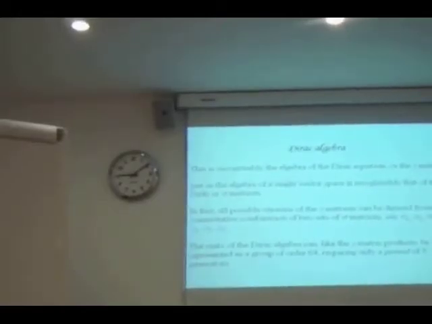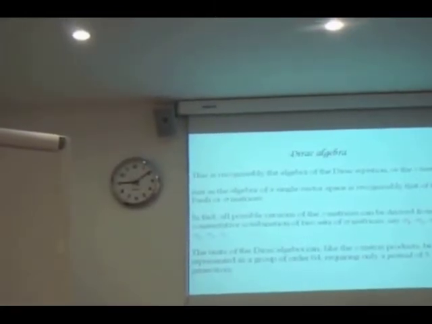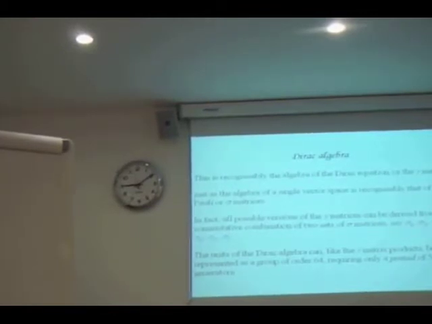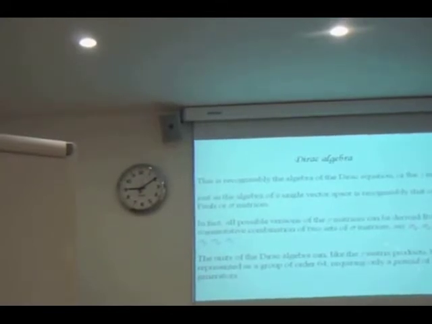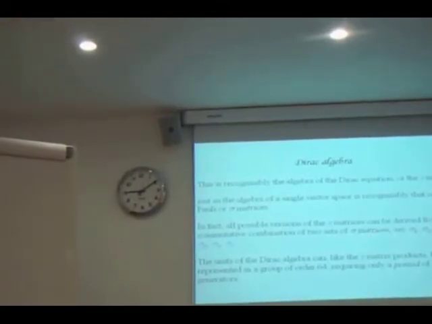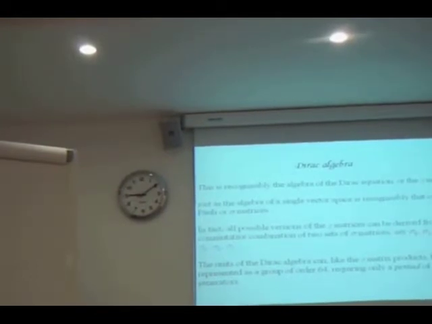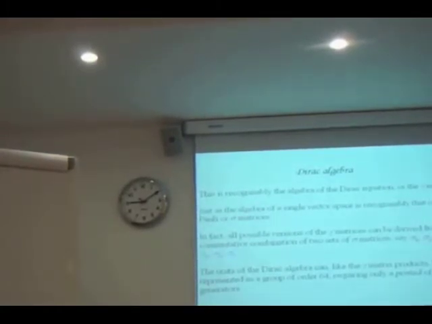Recognizable as the algebra of the Dirac equation or the gamma matrices, because the 5 gamma matrices multiplied out in every conceivable way will produce 64 elements exactly the same as those in their behavior. So another way of doing this is to take two lots of sigma matrices and take a commutative combination of those. If you make a commutative combination of those 2 by 2 matrices, you get all the 4 by 4 matrices of the Dirac algebra. So, in every sense, the use of the Dirac algebra can